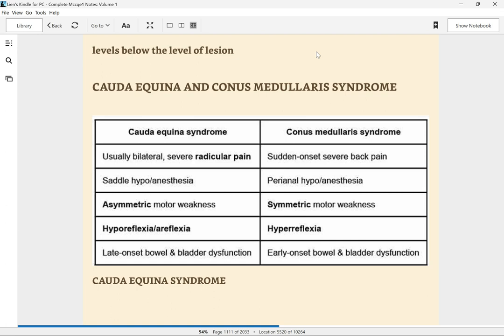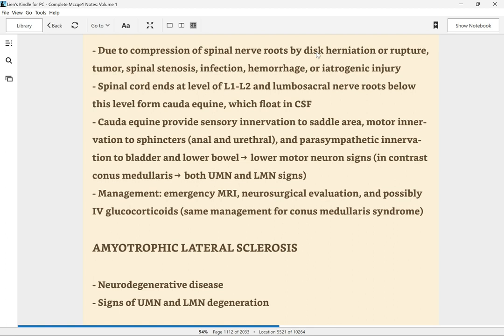Cauda equina syndrome is due to compression of spinal nerve roots by disc herniation or rupture, tumor, spinal stenosis, infection, hemorrhage, or iatrogenic injury. The spinal cord ends at the level of L1, L2, and lumbosacral nerve roots below this level form the cauda equina, which float in CSF. The cauda equina provides sensory innervation to the saddle area, motor innervation to the anal and urethral sphincters, and parasympathetic innervation to the bladder